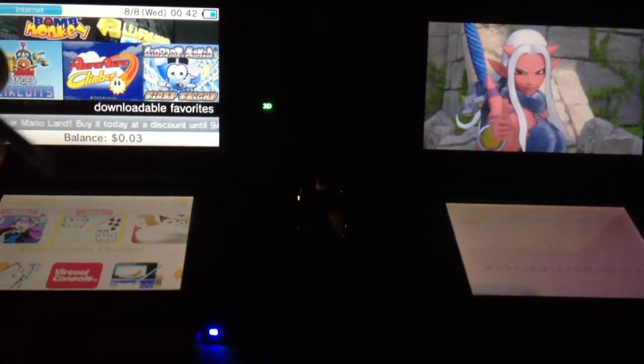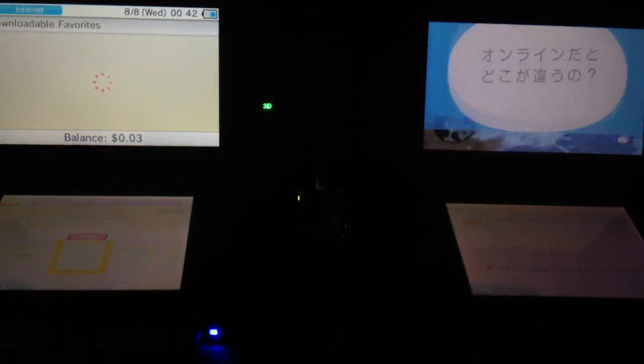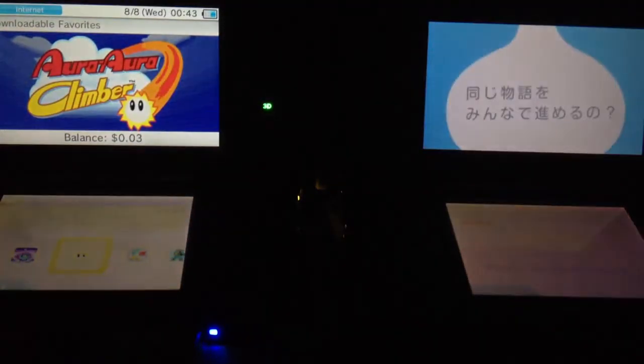Okay, now downloadable favorites on the left on the American store. What's different when you play online, it says. There's a lot of players. That's what's different. They're not really saying anything. Okay, this is...